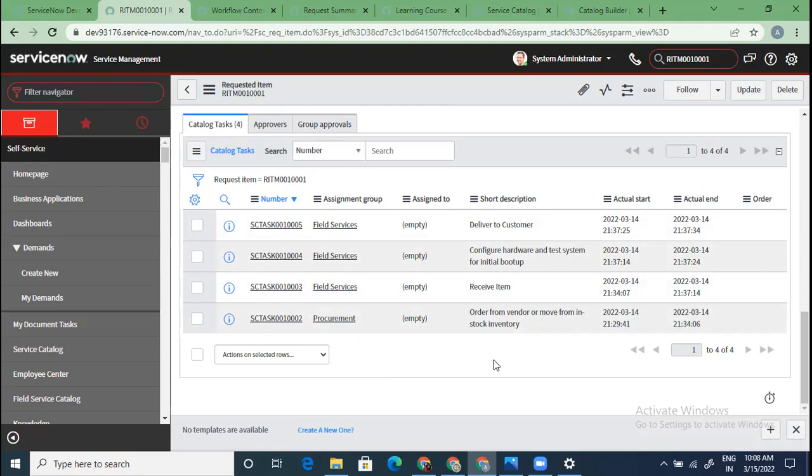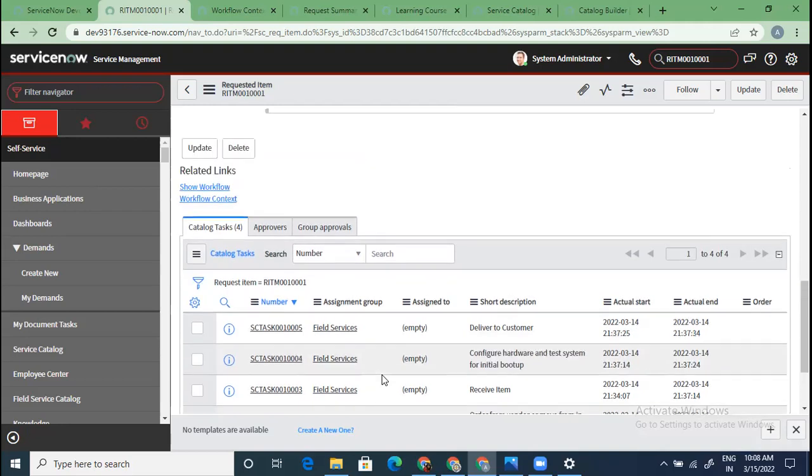So you have this capability to define sequential tasks. You can even define parallel tasks and parallel approvals. So all of this is possible. It just depends on the business requirement, what the requirement is, and how you want to configure these tasks. This is where it gives you flexibility and scalability, I would say, to define multiple tasks for a single catalog item, which are tracked